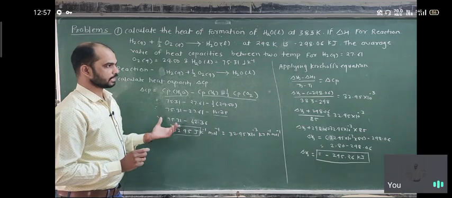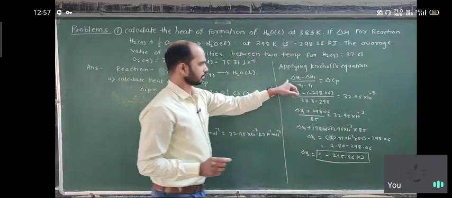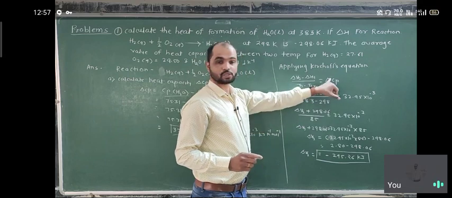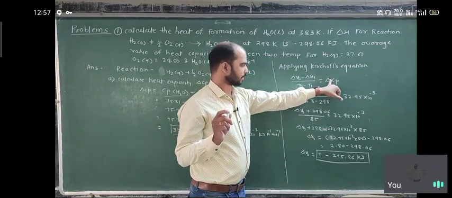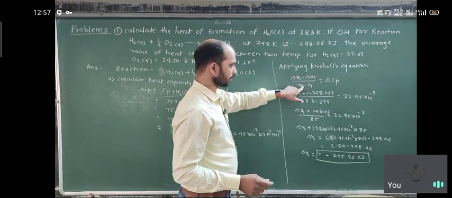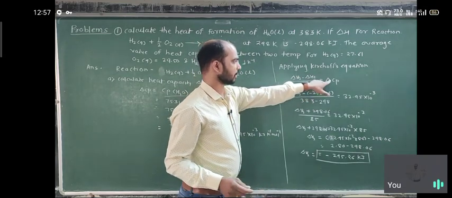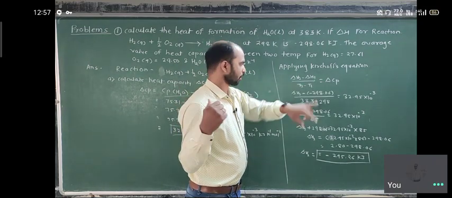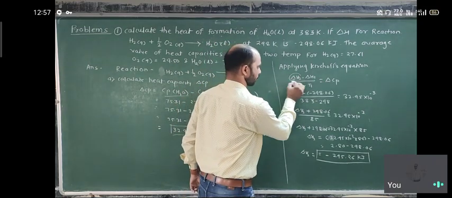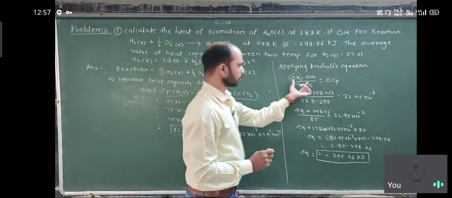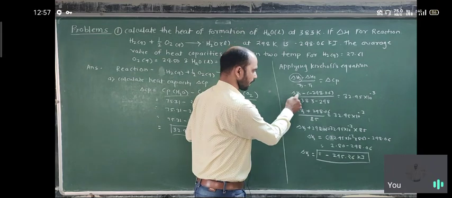So we already know what Kirchhoff's equation is. Delta H2 minus delta H1 upon T2 minus T1 is equal to the change in heat capacity. Okay, so we have the value of delta H1, we have the values of T2 and T1, and we have just calculated delta Cp. So our aim is to find delta H2 at temperature T2. So we put all the values here. So delta H2 minus